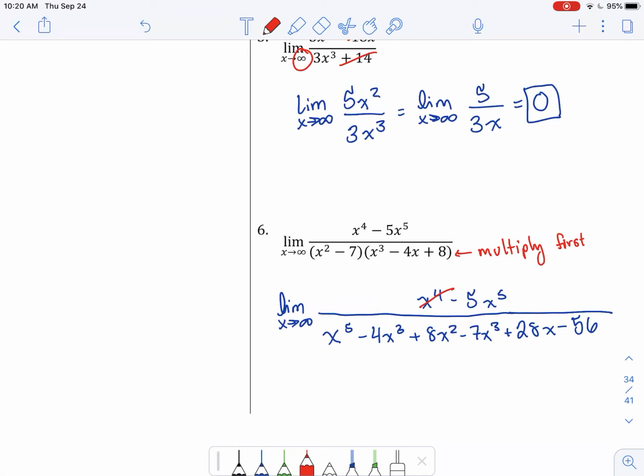And when we cancel out the highest degree term, we're going to be left with this, because x to the 5th is a higher degree than x to the 4th. And then here we're canceling out all these terms besides the x to the 5th. So we have the limit as x approaches infinity of negative 5x to the 5th over x to the 5th. Cancel out all those x terms because they have the same degree, and we're left with the limit is equal